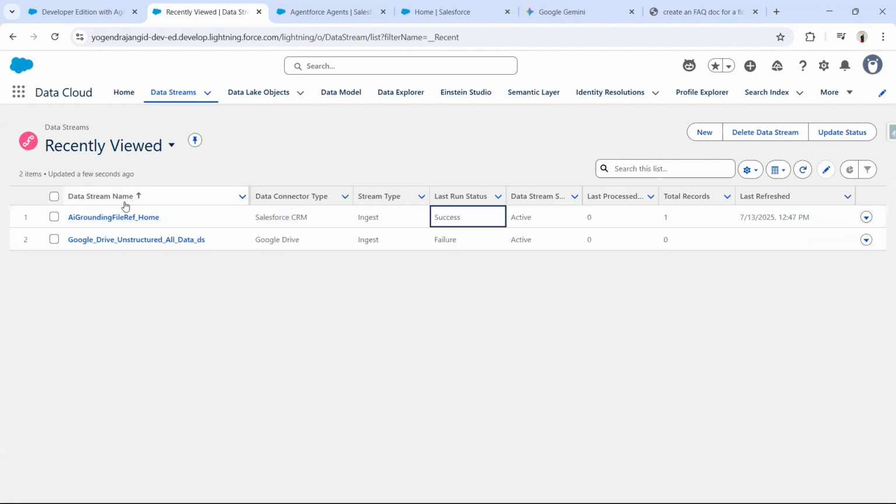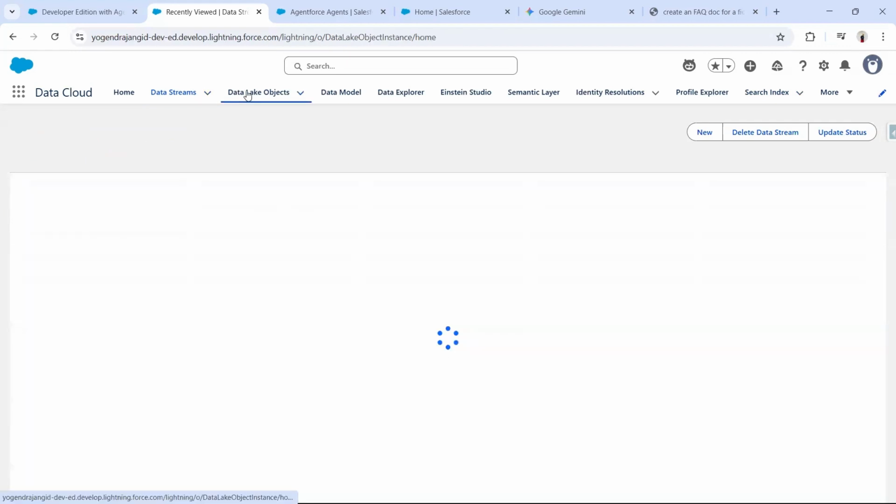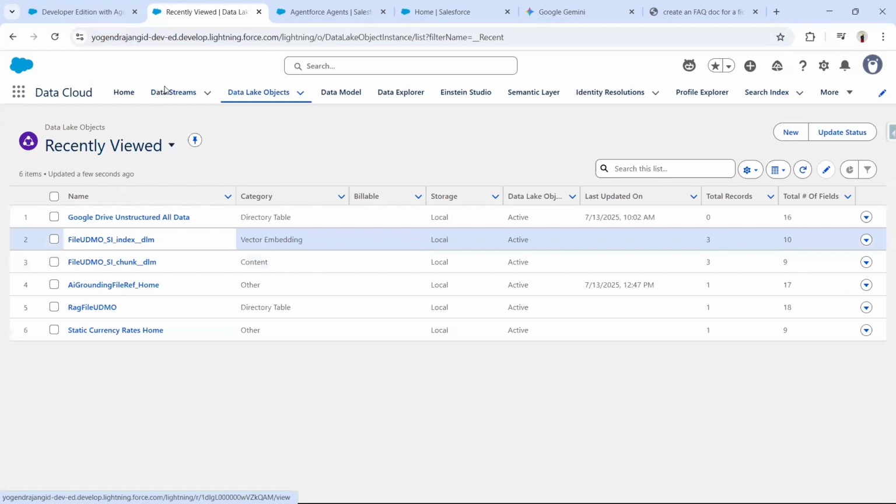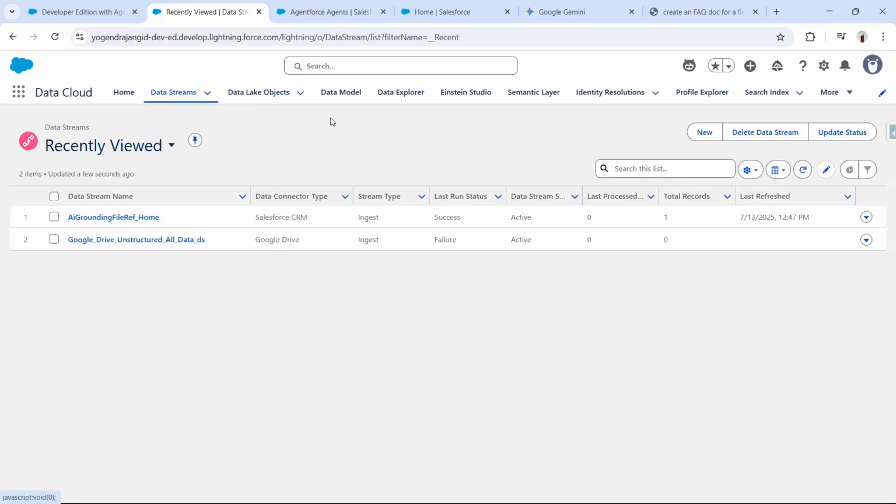That means your file is now ready to be used in the data cloud through the RAG mechanism. So this is all about the offline preparation of the file that we are trying to use for the RAG mechanism. Similarly, once you are done with that manual refresh now, you can come back to